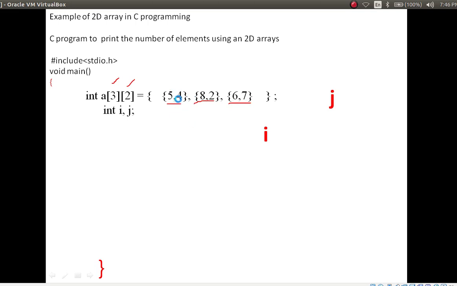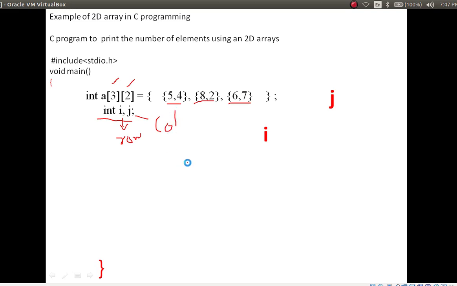Columns: first column, second column. Here I have taken 2 variables, i and j. i represents the row index and j represents the column index.